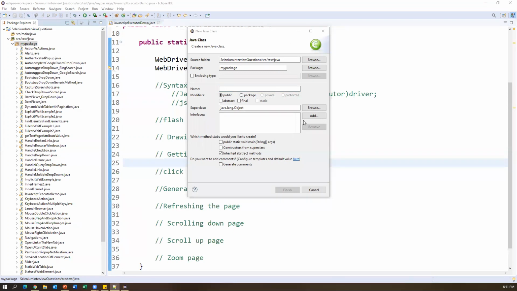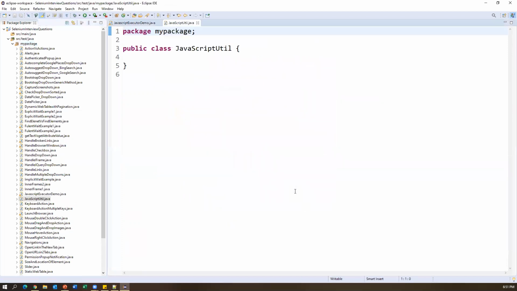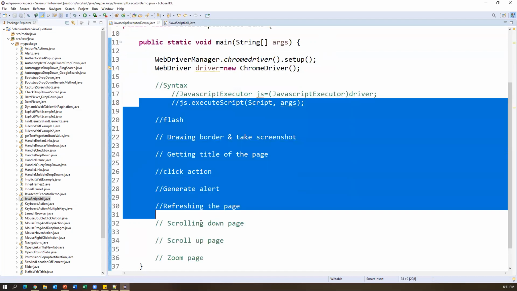I will name this class as JavaScript util, and then don't take the main method. It contains reusable methods. So let us say finish. Okay, so once you have created this class, now I will write all the reusable methods to perform all these actions